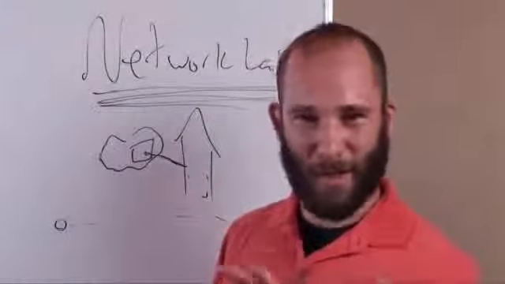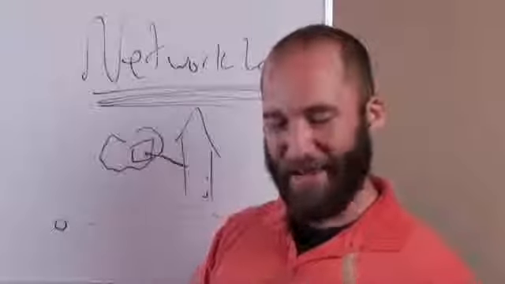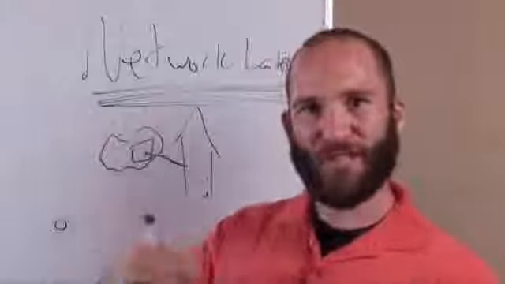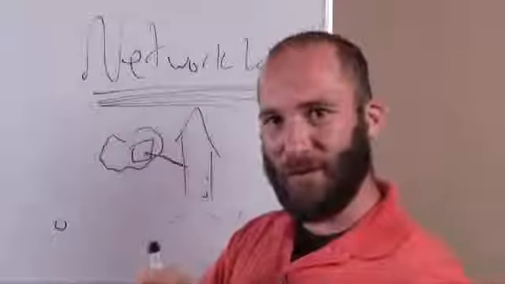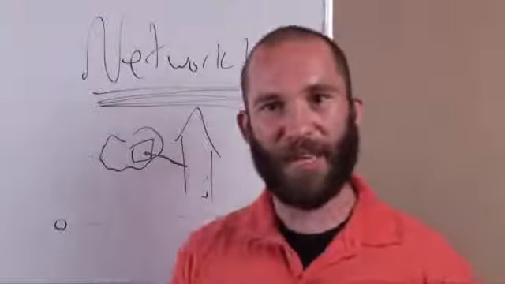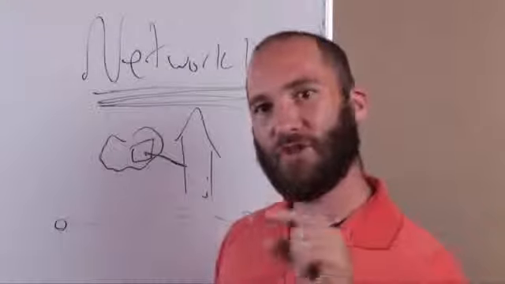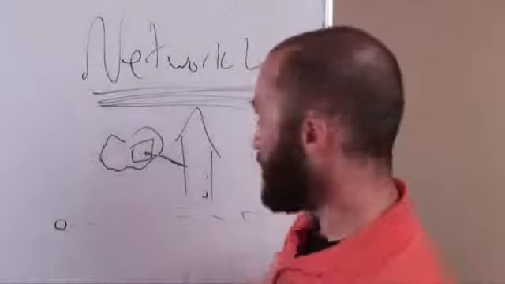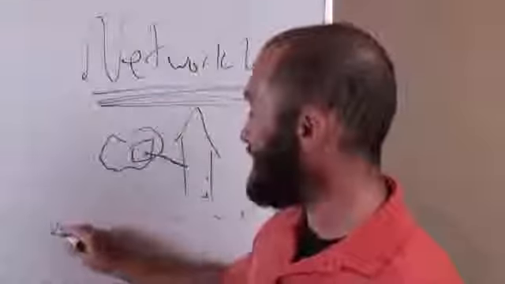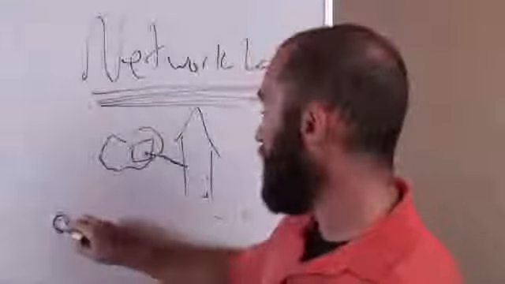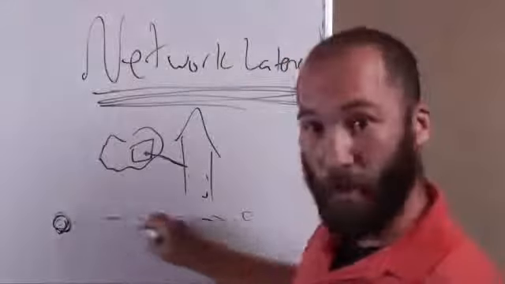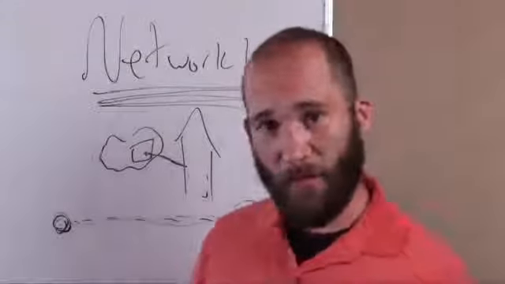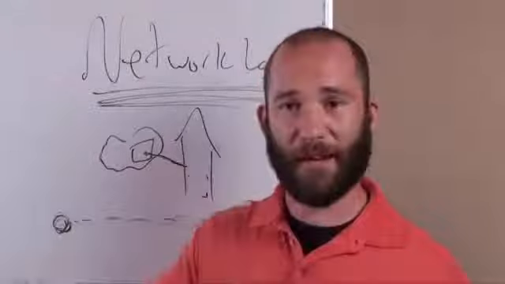Sometimes, I'm sure, especially with cell calls, you can have a really miserable experience where if the timing is off, you start talking over them, they start talking over you, and you don't really know where you are in the conversation. Why? Because it takes too long for their words to come from where they're at to where you are. So basically, network latency is how long it takes for the bits and bytes to get from point A to point B. Now, a normal telephone call, as I understand it, looked up on the internet, I think Wikipedia,